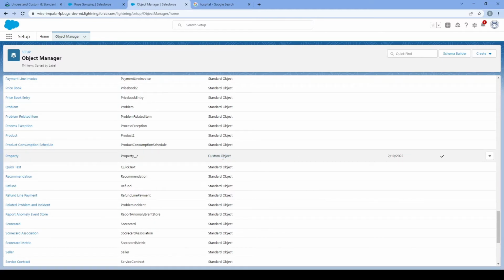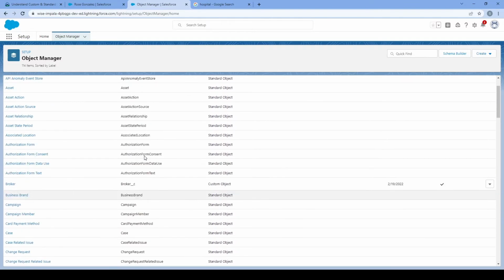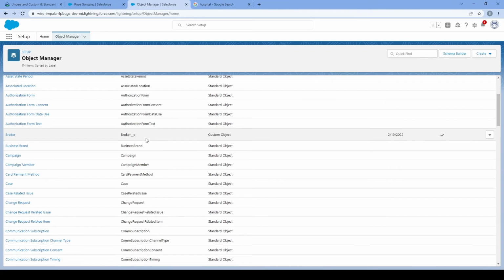And here's a little tip. If you see underscore underscore C, that means custom object. Just think of custom object. Okay. We'll scroll up to the other custom object, but you'll also see this underscore underscore C. This is also a custom object. Okay. So let's go back,